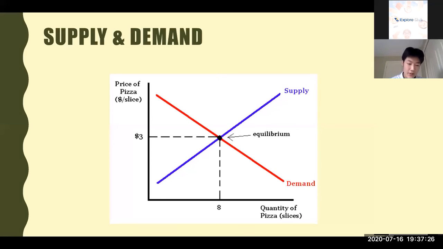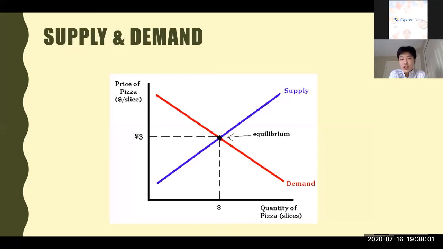So as a seller, you want to sell your pizzas at a high and reasonable price so that you can make profit, right? But there are also buyers, and your customers don't really want to buy your pizzas at a really high price, because then they can just go to other pizza stores and buy cheaper pizzas. So you need to make sure that you set a reasonable price which your customers can afford and can accept to buy your pizzas.